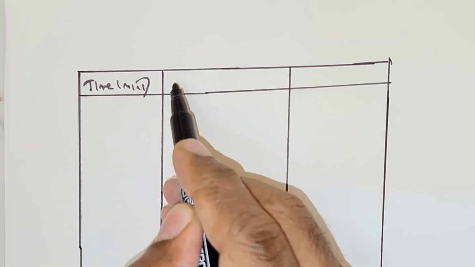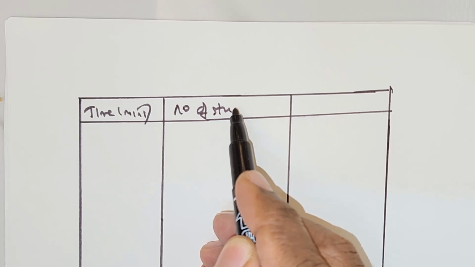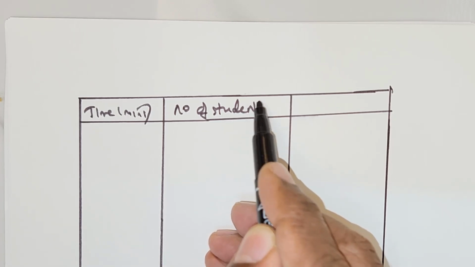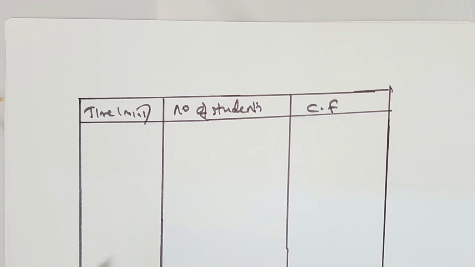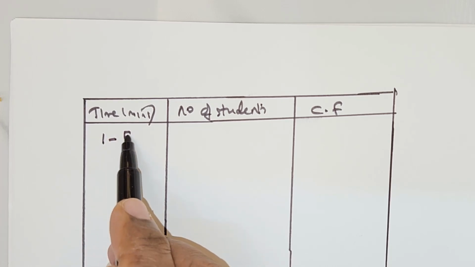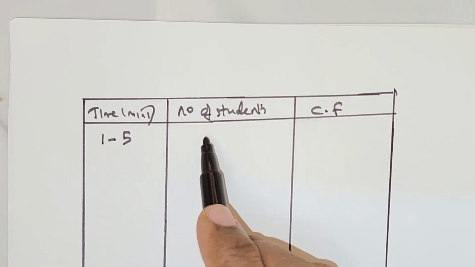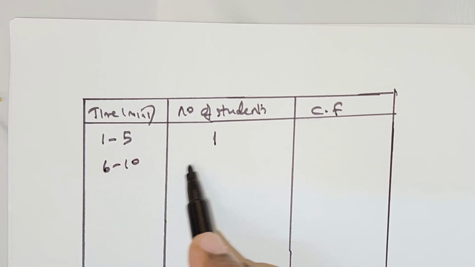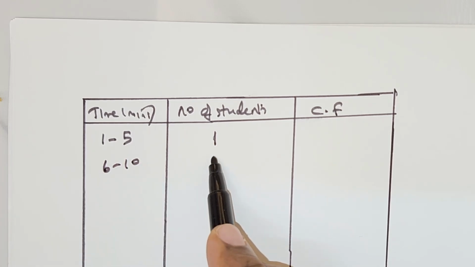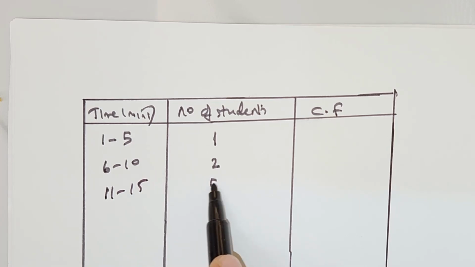and then number of students who completed the test, and this is cumulative frequency. We represent it as C dot F. Now between 1 to 5 minutes, the number of students is 1. Between 6 and 10 minutes, the number of students who have taken to complete the test is given to be 2. So 11 to 15 is 5,